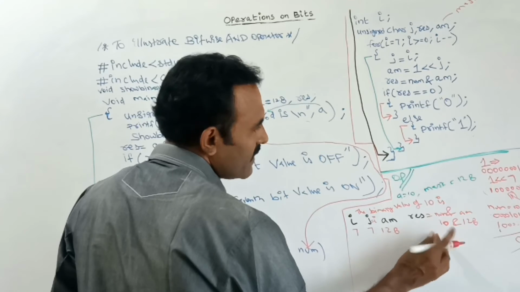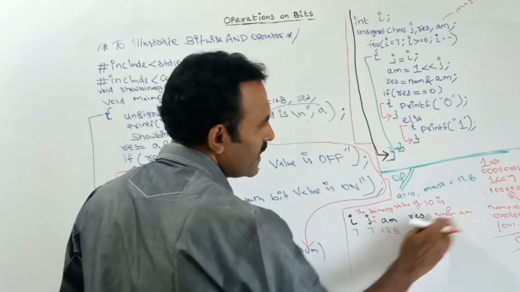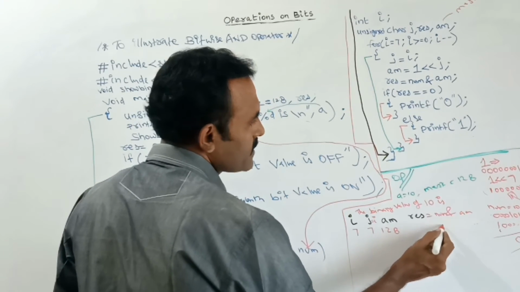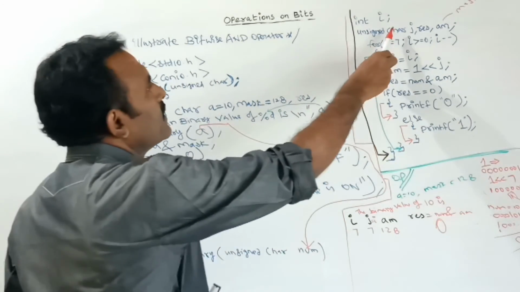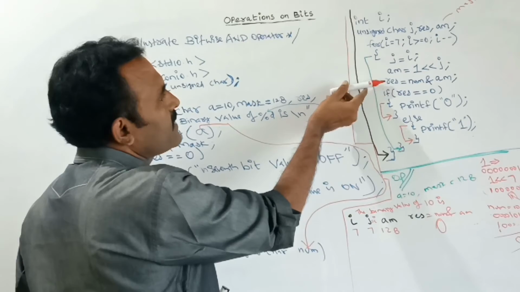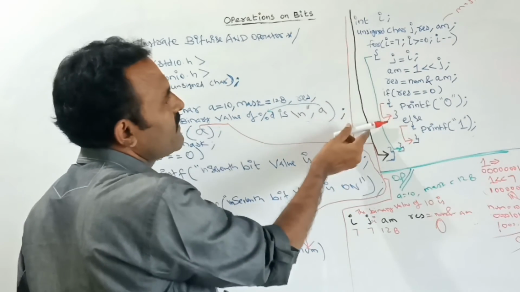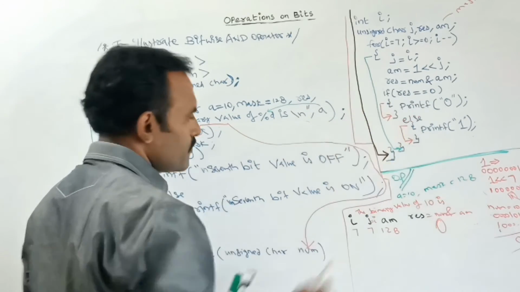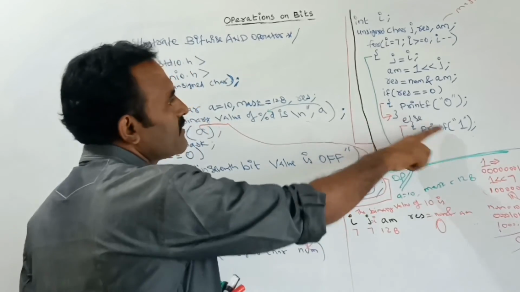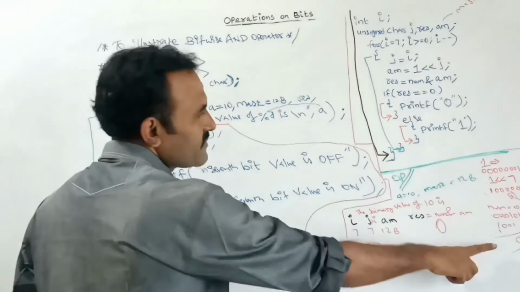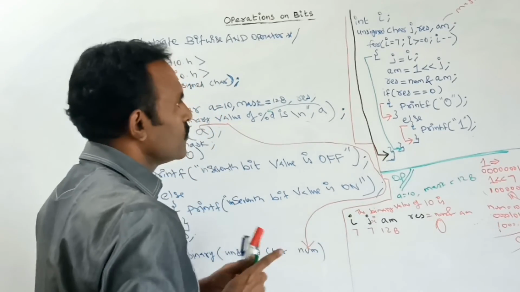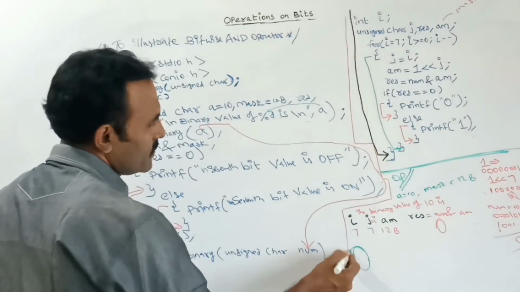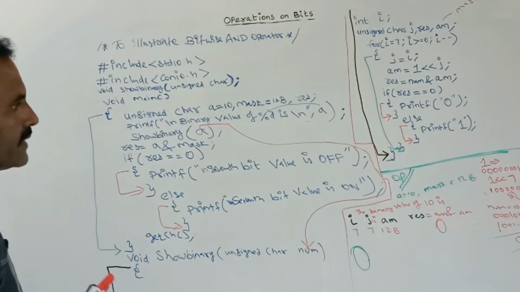So this RES value, now it will have the value how much? Result is 0. So here it check. After this step, you check if RES value is 0, I am telling to print the 0. Otherwise, it will print the 1. What is the RES value now here currently? Currently, RES value is 0. So, binary value, very first value, that 0 will be printed here.